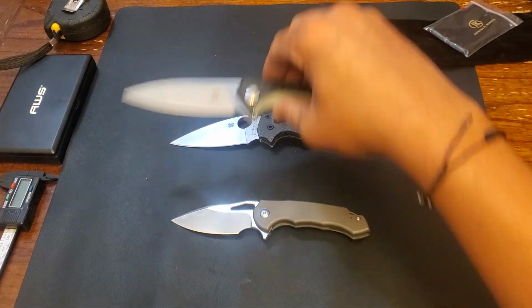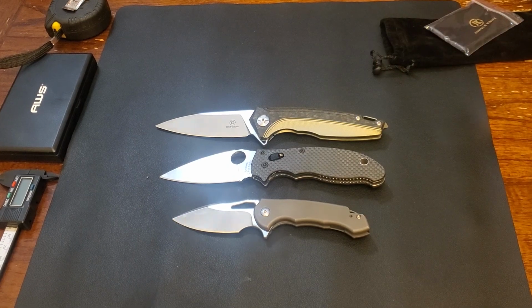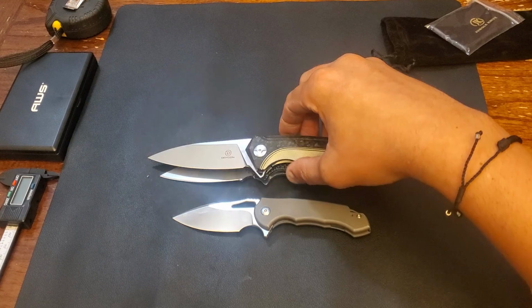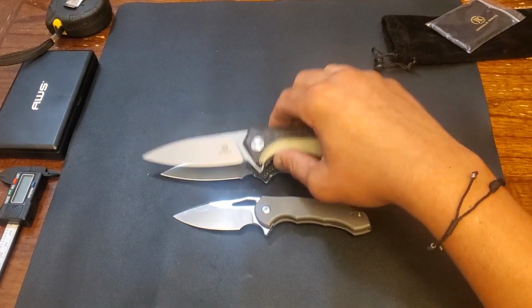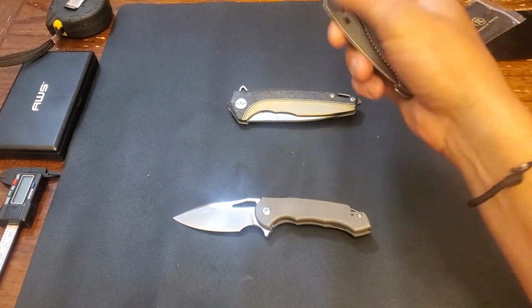This gives you a frame of reference how large this knife actually is. Before you guys saw that, you might not have realized how big this freaking thing is. Now, obviously, the profile, it's longer than the Manix 2. Blade is way longer. But the carry is gonna...